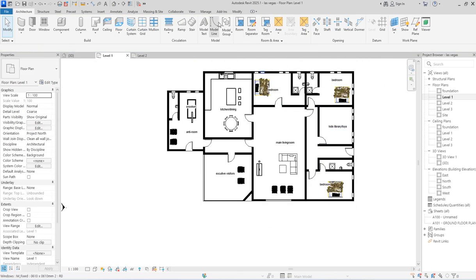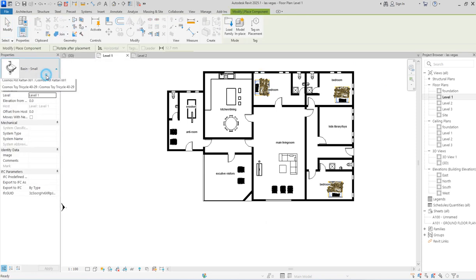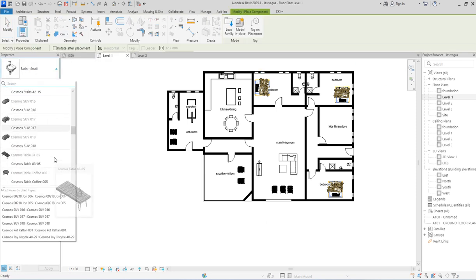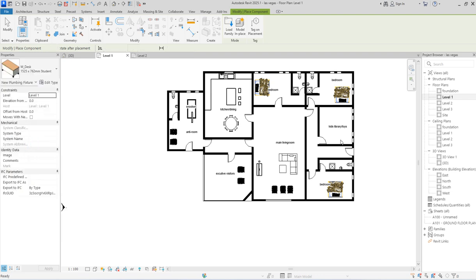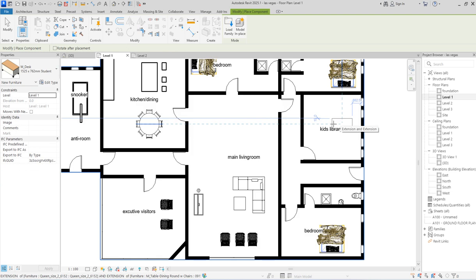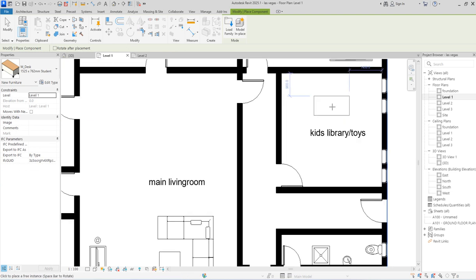So here the library, what I just need to do is to create a temporary table. You can use a component. I think we have something in place that can represent it. Yes, desks are here for students. So you can use that, just like 2 will be okay for the library. Then another one to be here.